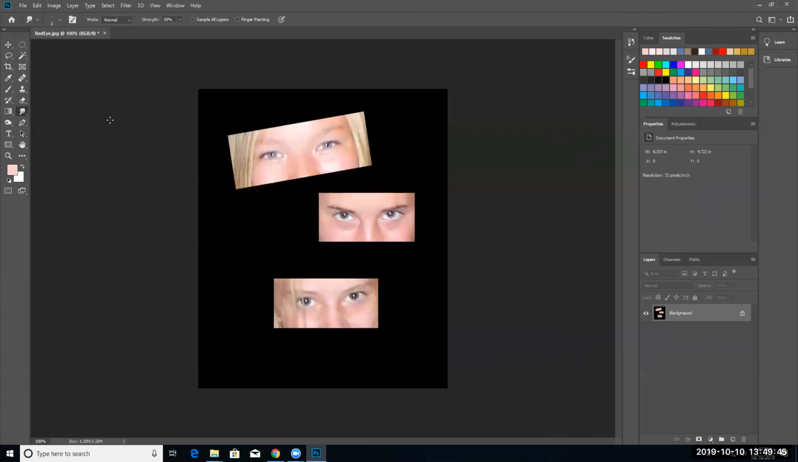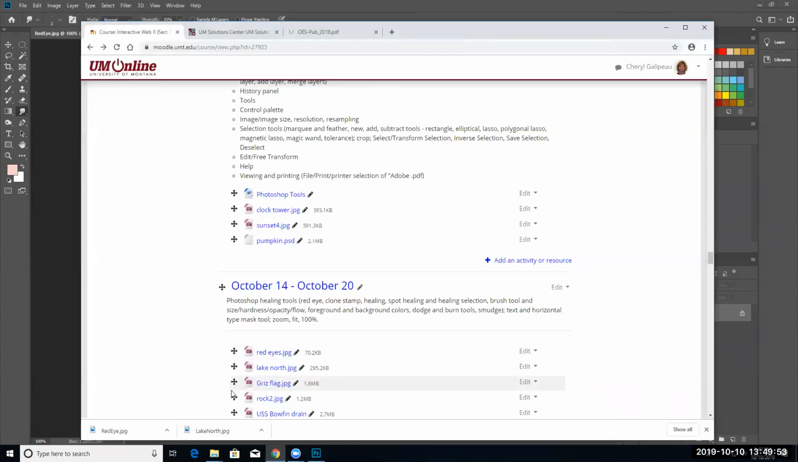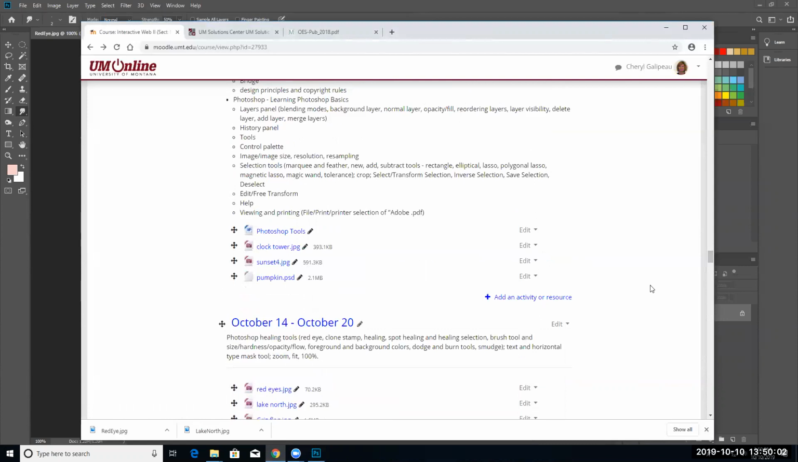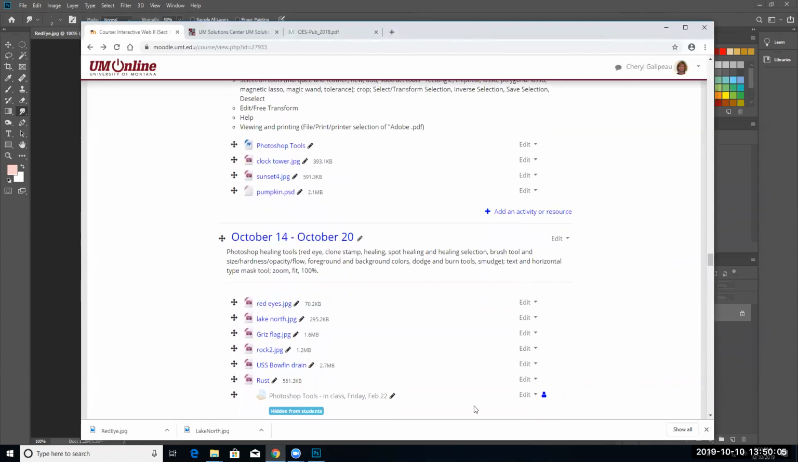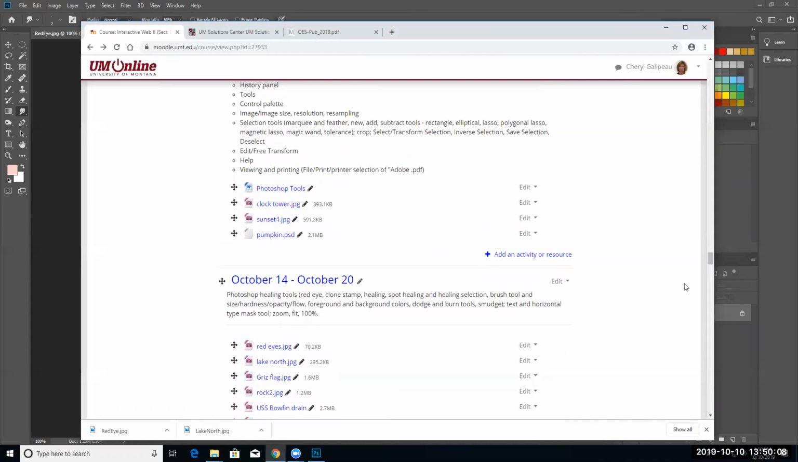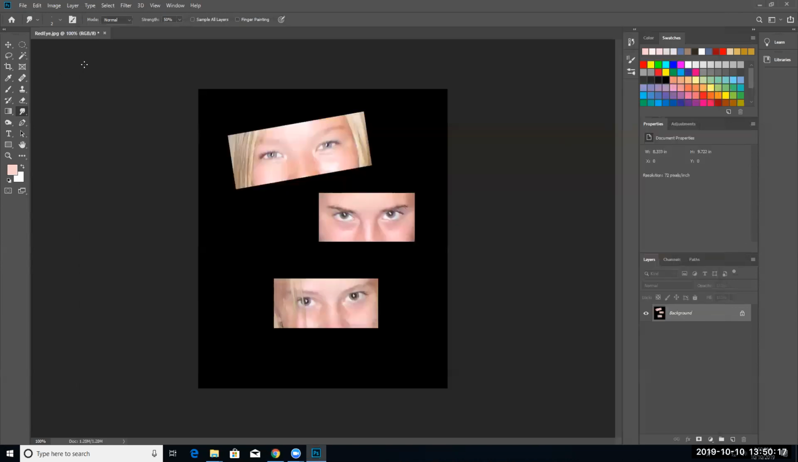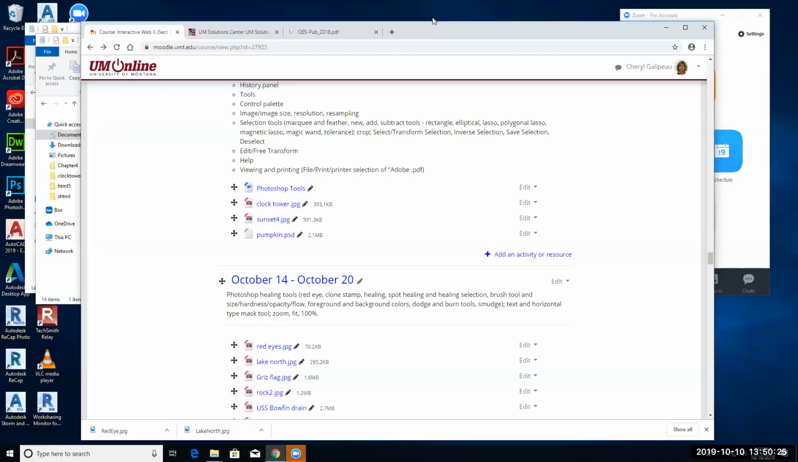Okay, so let's stop. It's 1:50, so we're done for today. So I'm not going to have you turn anything in on Moodle. So we'll continue on. Next time I've got Grizz flag, rock 2, and then the bowfin drain, and then I've got a little rust file there. So I'll probably, there's a 10-pointer. You don't see it, but I'll turn that in on probably Tuesday, and then wherever we're at, we'll just turn that in on Tuesday. So no homework. You don't need to save this, so no to save it. Close everything out, and I don't have anything